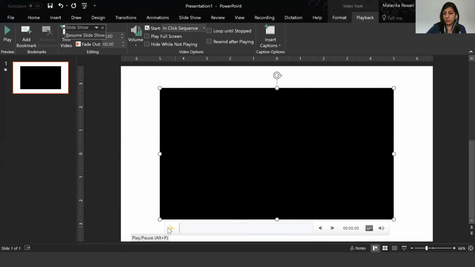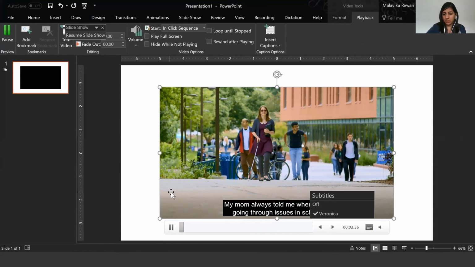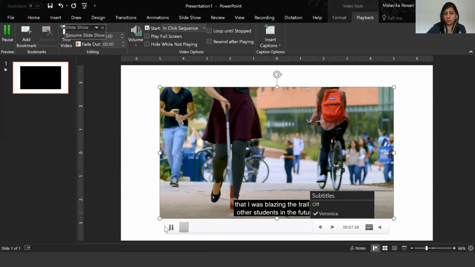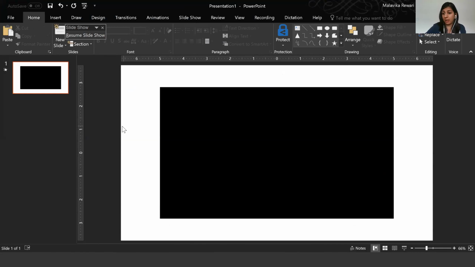So you can insert it to go along with your PowerPoint video. And then when you hit press play, I'm just going to mute it. You'll be able to have the captions show up right alongside the video. So here she's talking about her journey in university and the subtitles are showing. So it's pretty simple, right in PowerPoint for video. When you insert the video, you go to playback and you insert the captions file. Now this assumes you have the caption file already, and otherwise you'll have to create it yourself or have the person who made the video create it.